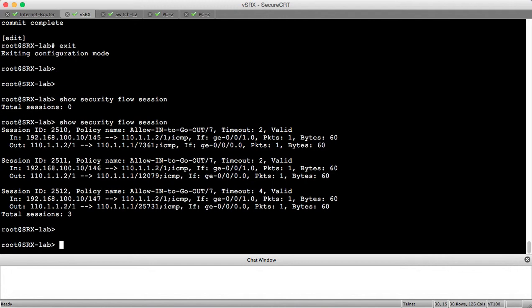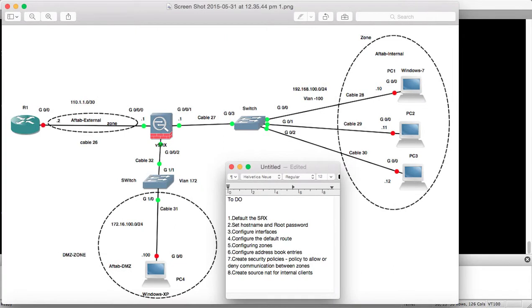I'll just end this video for now. So you can just quickly check that we created an internal zone to travel out. Now in case you want your DMZ to talk to external, again you need to create a policy so that it can talk. The similar policy can be applied, and instead of using application any, you can use some other distinct application. So in my next video I'll configure more detailed policies,